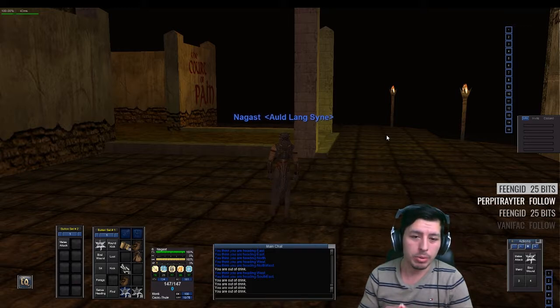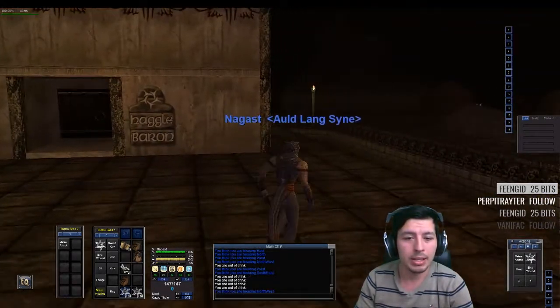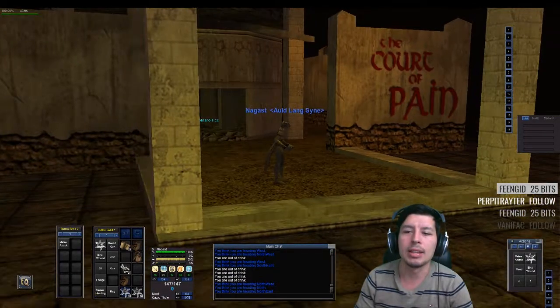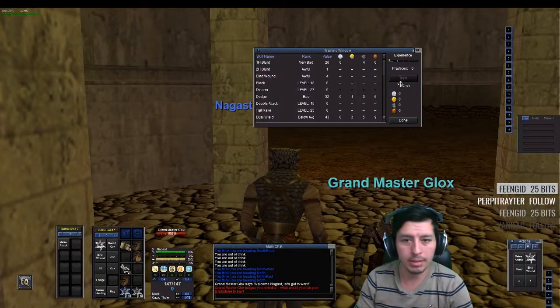We are going to be working on a quest in Everquest for the monk. It's another way to get some armor early on by questing. The quest is called Sparring Armor. So we're in here at the Court of Pain for the monk guild, and the way we do it,